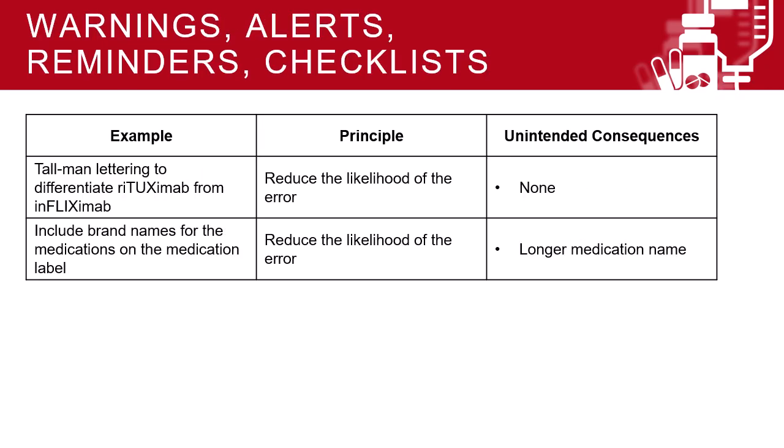For warnings, alerts, reminders, and checklists, we could employ tall-man lettering on pharmacy labeling to differentiate rituximab and infliximab. This would reduce the likelihood of the error, and as we're getting farther down the hierarchy of risk reduction strategies, there's certainly fewer unintended consequences of this. We could also include brand names for the medication on the label to help differentiate the medication names. Of course, if the length of the medication name gets too long, this could start to go off the label